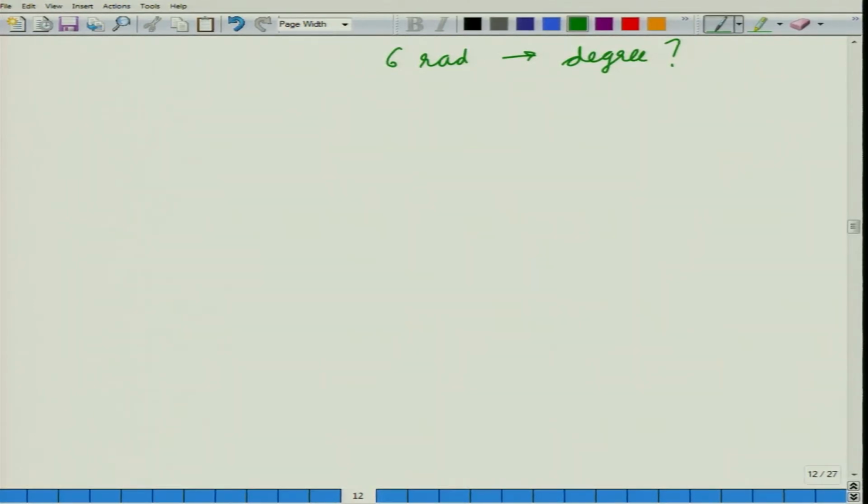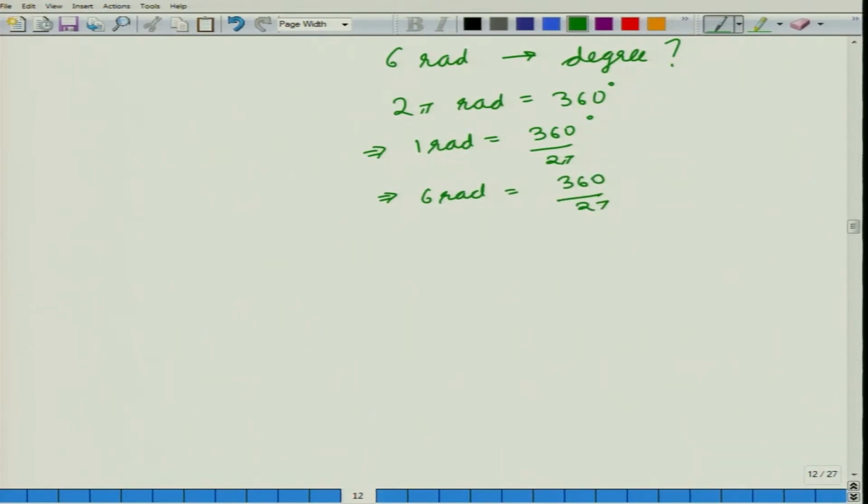Now again, 2 pi radian is equal to 360 degrees. So, 1 radian is equal to 360 upon 2 pi degrees. So, 6 radians is equal to 360 upon 2 pi into 6, which is equal to